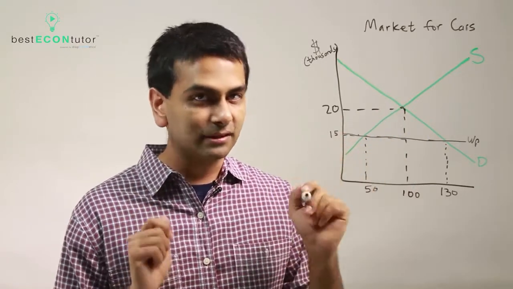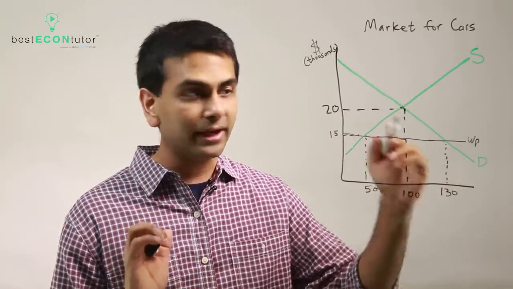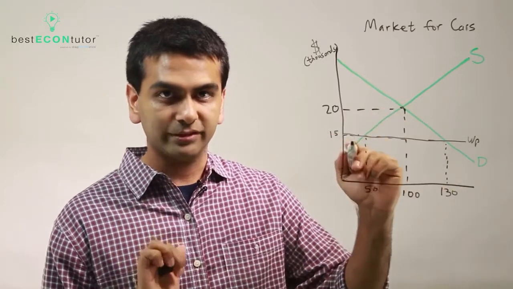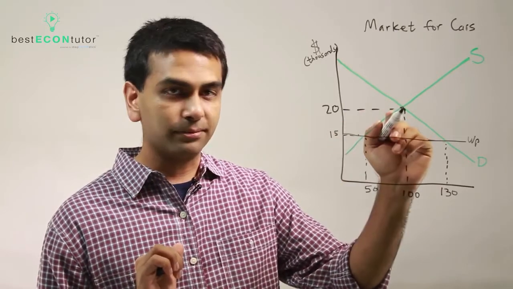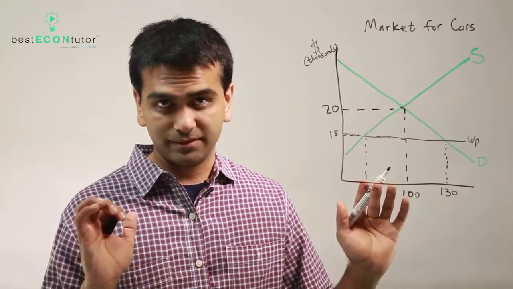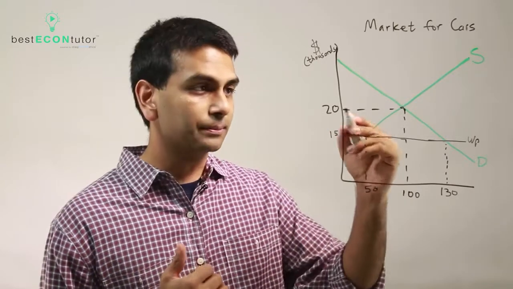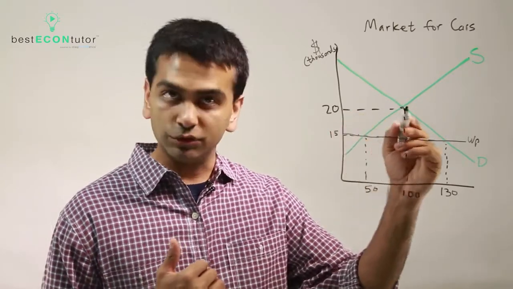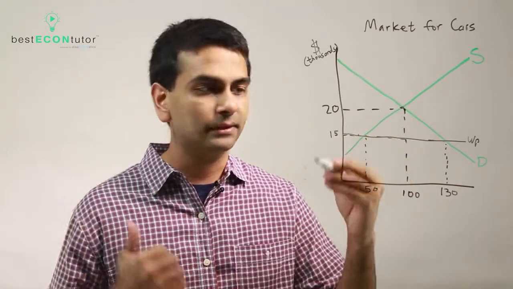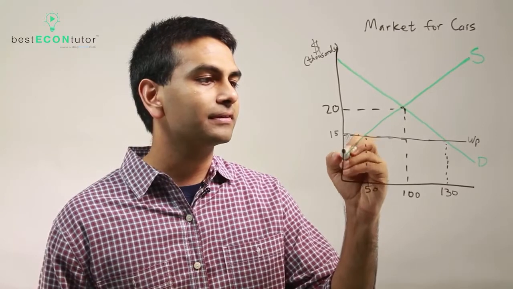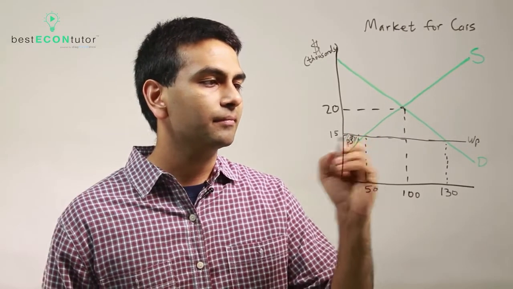So a key assumption here is that as soon as we open ourselves up to free trade, the producer's price gets lowered to $15,000 as well. So this old equilibrium price becomes totally irrelevant. Now let's think about what happens to producer surplus. The producer surplus used to be everything below 20 and above the supply curve. But now they're only getting $15,000 per car. So the new producer surplus is actually only this much. So this is the new producer surplus.